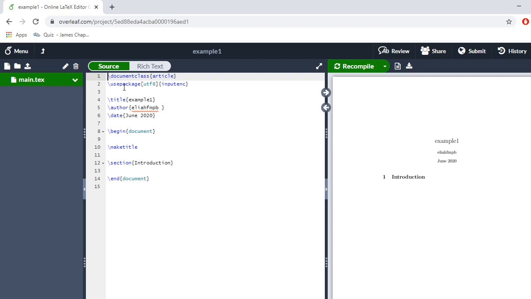Now you can see backslash documentclass and backslash usepackage, like that. If you are using mathematical equations, you can use different packages like the AMS package. So many packages are there. As a beginner, we are not going to use any of these packages. Directly we are going to type some information here between begin and end document.